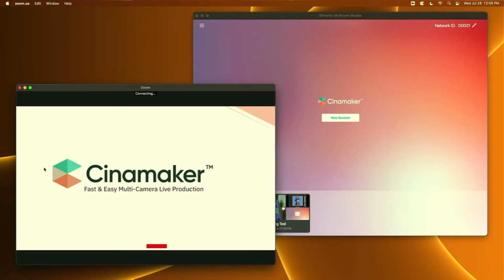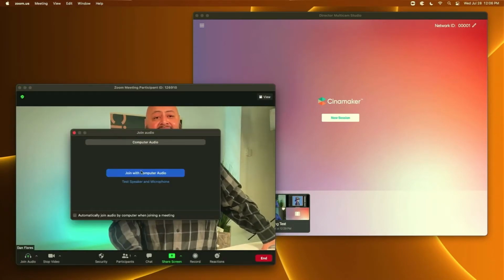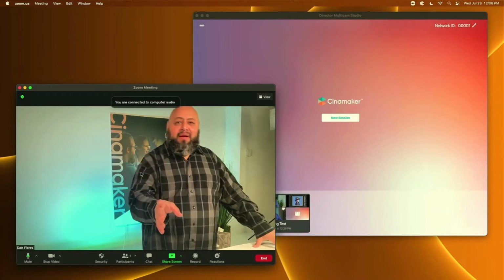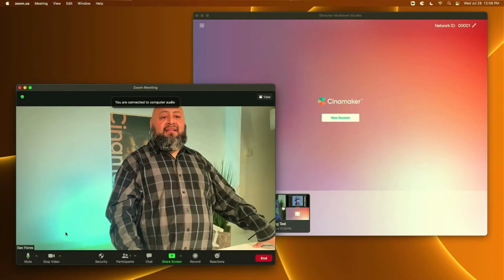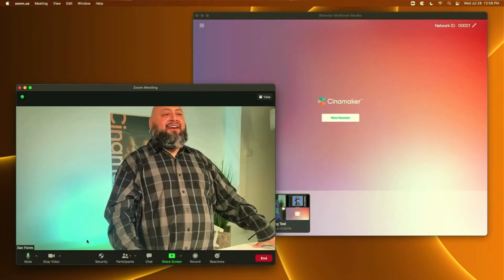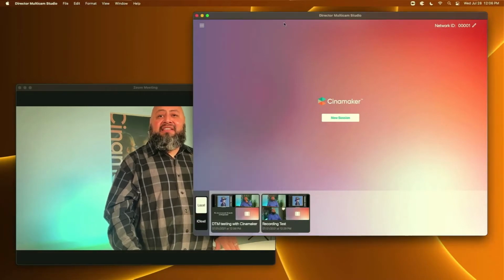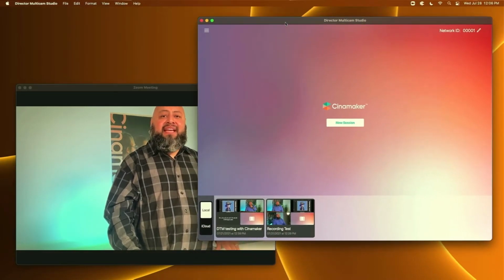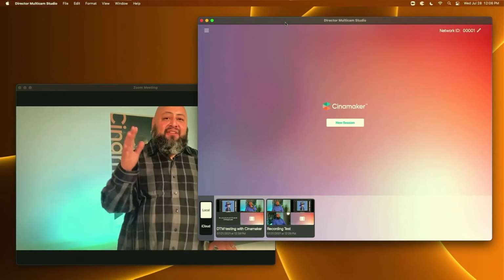And just for fun, let's start up that Zoom. So you see me right now, right? This is my regular webcam on this Mac. Looking kind of pale there. So good. Now I have installed Cinamaker Director Multicam Studio free from the App Store. You can go to the App Store right now and download it for free.